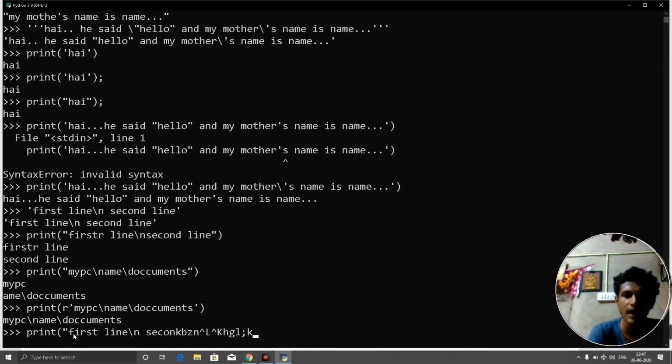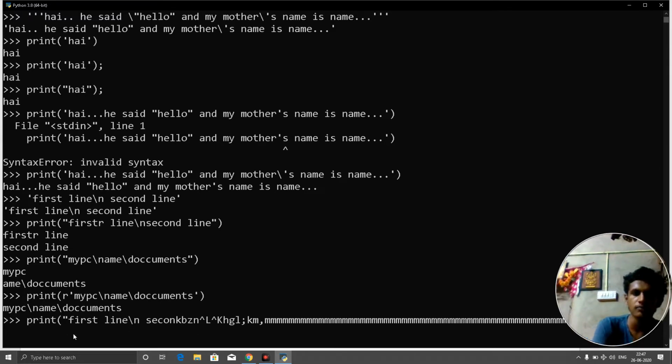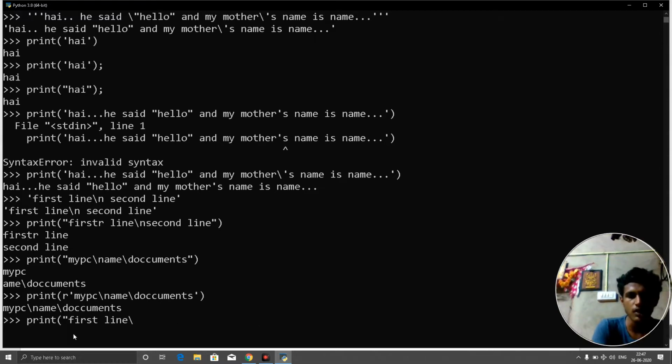If I go on typing, you can see it will end somewhere and it is not good because it takes a wide space. Instead of that, what you can do is just at the starting use three single quotes and write first line.